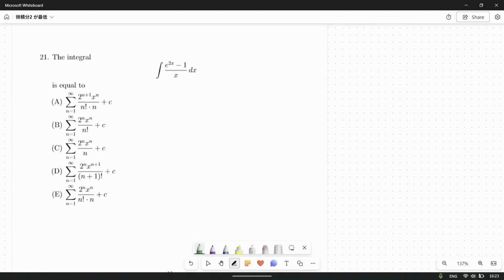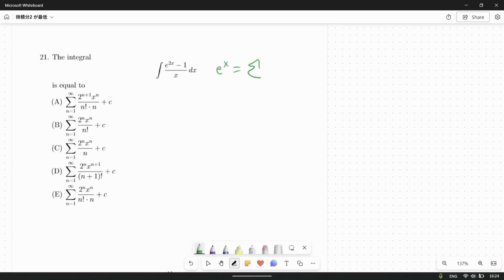And so I see right away that we have an e to the 2x term. So that leads me to believe that I'm going to have to come up with a Maclaurin series that is based off of the general Maclaurin series for e to the x. And if you're wondering where I get this information from, you can find it on the Maclaurin series table for this exam. So to start, we know that the Maclaurin series of e to the x,